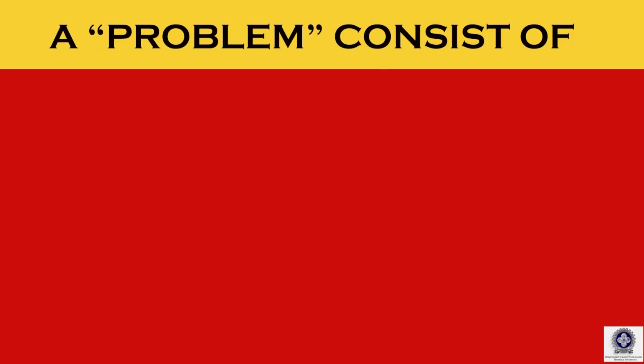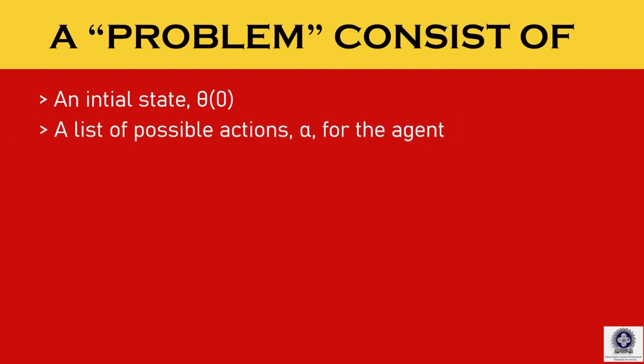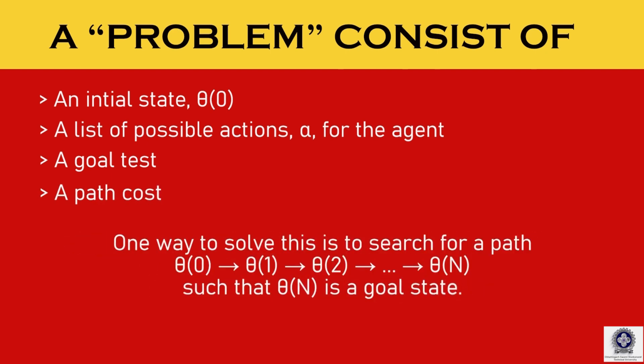A problem consists of an initial state which can be represented by theta 0, a list of possible actions represented by alpha for the agent, a goal and a path cost. One way to solve this is to search for a path, so from theta 0 to theta 1 to theta 2 up to theta n, such that theta n is a